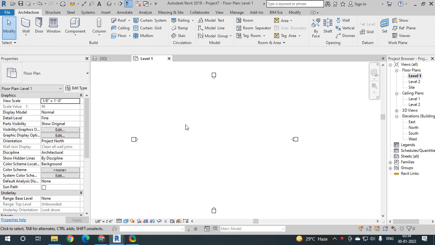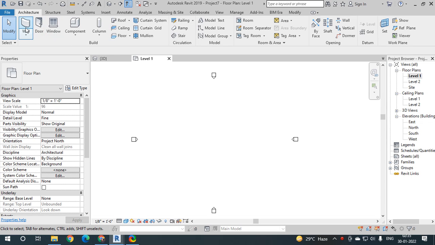Curtain wall is any exterior wall that is attached to the building structure and which does not carry the floor or the roof load of the building. So, for carrying the load of the roof or the floor, we will have to use the normal architectural wall. Curtain wall is the exterior wall which is present in Revit in the building structure, but it will not carry any load of the roof or the floor. This needs to be noted.